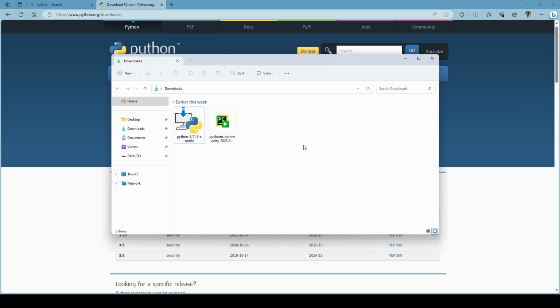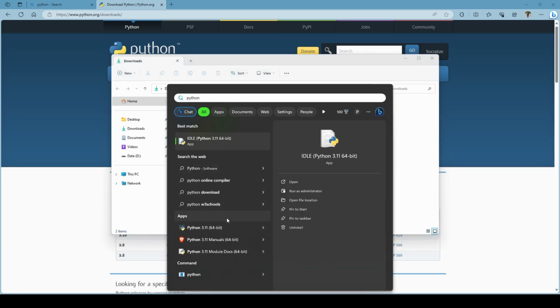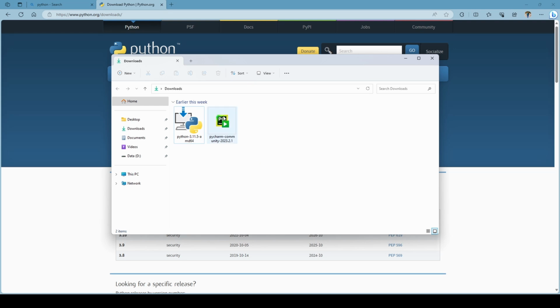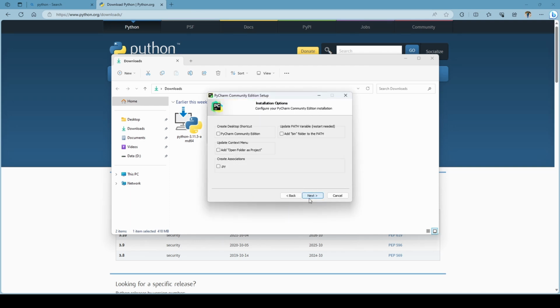So we can use Python IDLE, or the Python shell or something like that, and IDLE also can be used for Python programming. But you need to understand how PyCharm works, because for all the development work you will be doing in the industry, in maximum cases PyCharm is used.